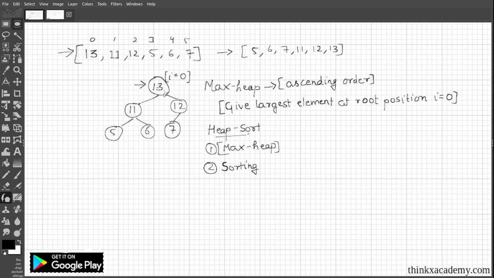So the simple idea is to just put this root element at the last position of the given array. So what we are going to do is swap this value 13, which is the largest value of our array, with the last position. So I'm going to write some positions here. We will swap the root element with the end element, and after swapping these two values, we will obtain a result like this: